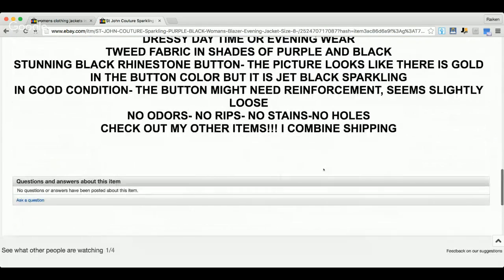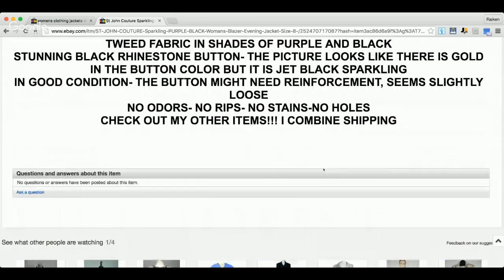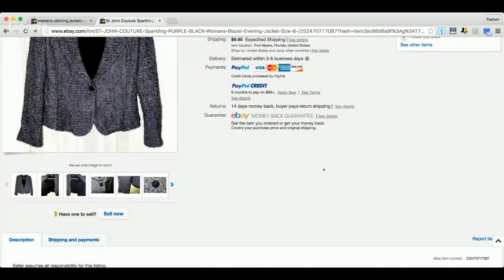Now, I did notice that there are no measurements being recorded on this listing, and that scares me. It scares me with men's clothing when people don't include measurements. Now, there's some people who state it's not necessary. And the interview that I had today with the treasure gnome, he says he has less than a 3% return rate when it comes to men's clothing, and he doesn't include measurements on a lot of them because he says his customers know what they're looking for. So maybe you can get away with it with men's clothing, but I'd be a little scared with women's